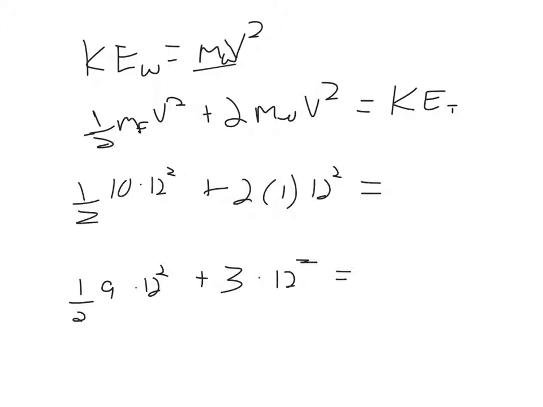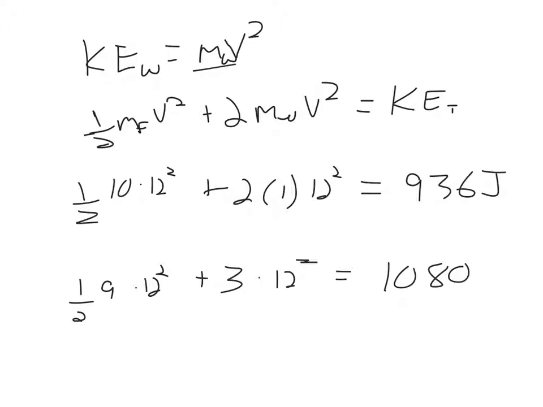0.5 times 144 plus 288. So I'm getting, for the first bike, 936 joules. Let's try it for the second bike. 4.5 times 144 plus 3 times 144. And I'm getting